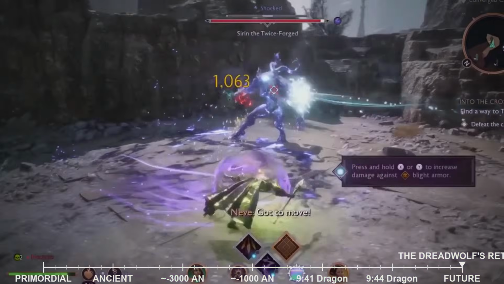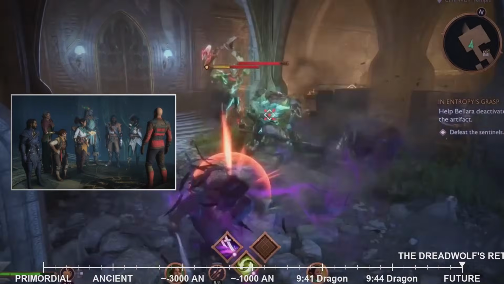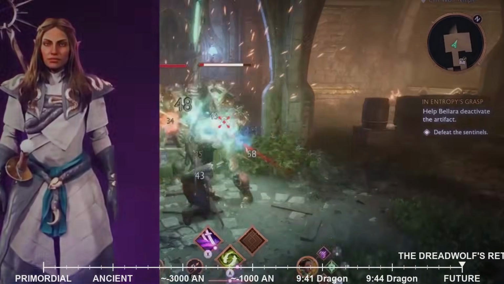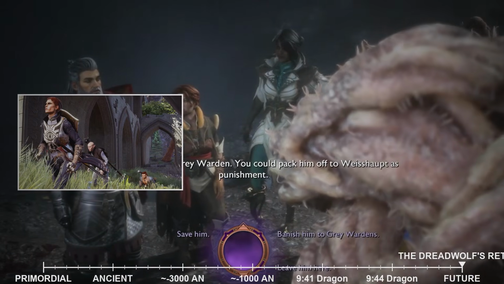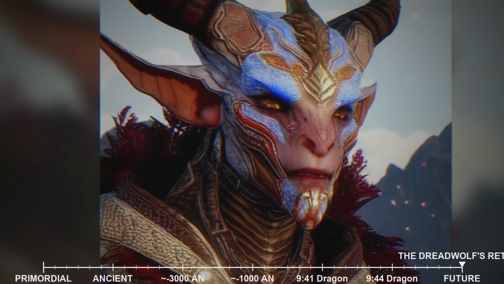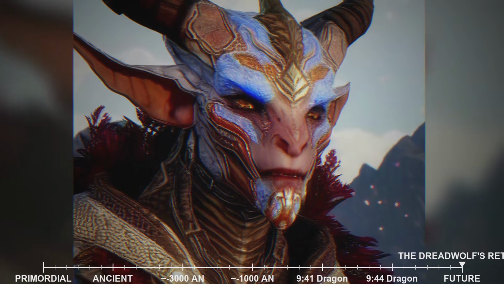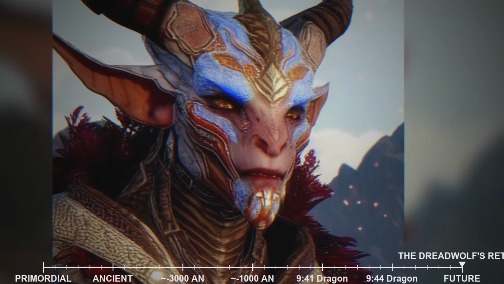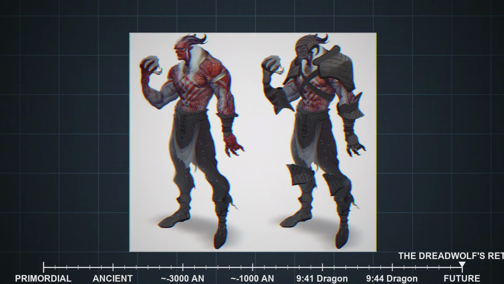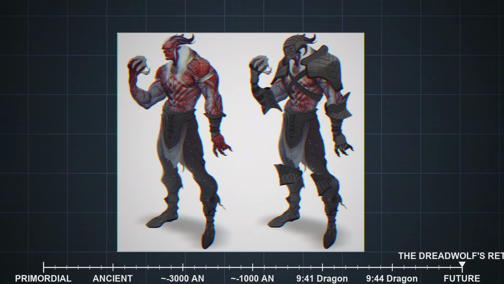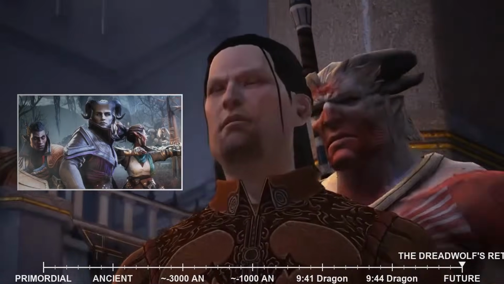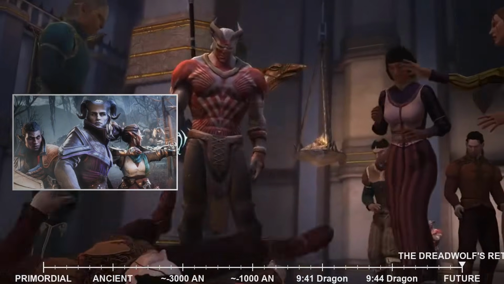The protagonist may be forced to choose sides in these internal struggles, their decisions having far-reaching consequences for the stability of the Imperium and, by extension, the entire continent. Compounding these internal pressures, the Qunari, ever a looming threat, are firmly entrenched in the northern regions of Tevinter. Their presence is not merely a border skirmish, but a full-scale occupation in some areas, a relentless push for their philosophy of the Qun. The conflict with Tevinter, already a centuries-long struggle, is poised to escalate dramatically.